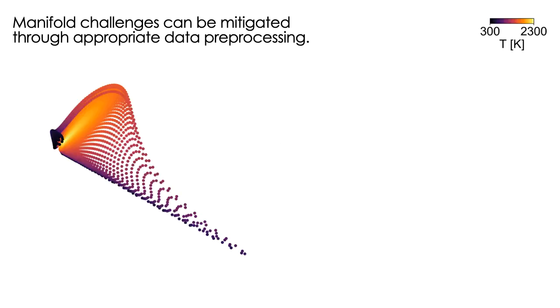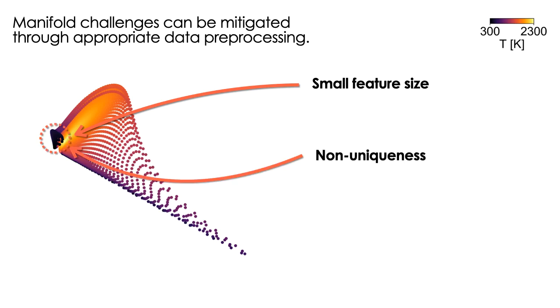data set. So to give you a hint of how much a manifold topology can improve with appropriate data preprocessing, here I have a two-dimensional projection, again of a combustion data set. And there are two characteristics that I wanted to point out here. So first, this projection is colored by temperature. And you can see that the region of high temperature creates a very small, very narrow feature on that manifold. There is also that non-uniqueness. So the low temperature region got curled into a very small region on the manifold, and that got overlapped with even high